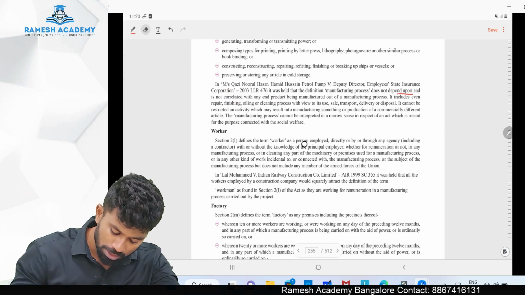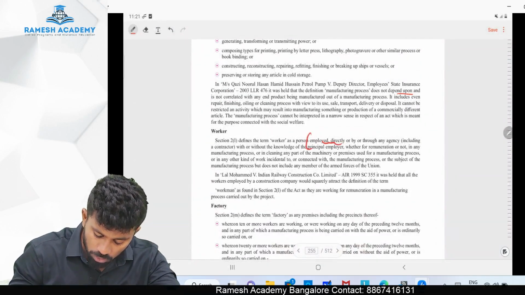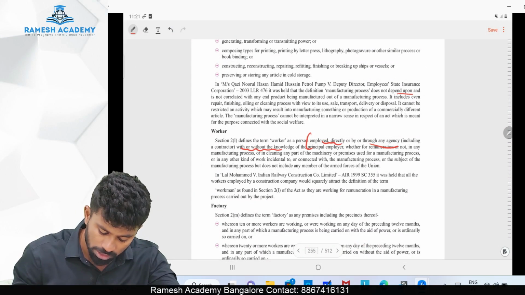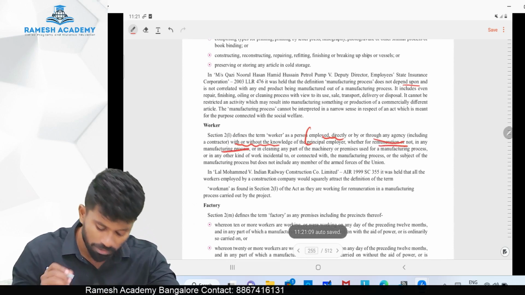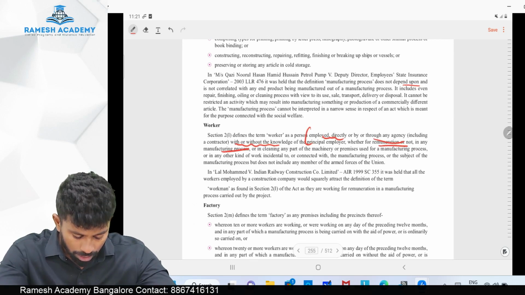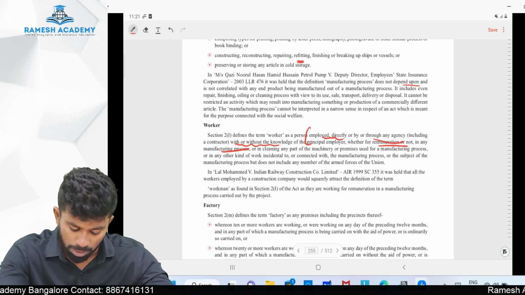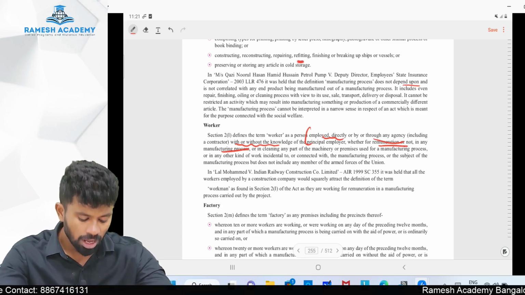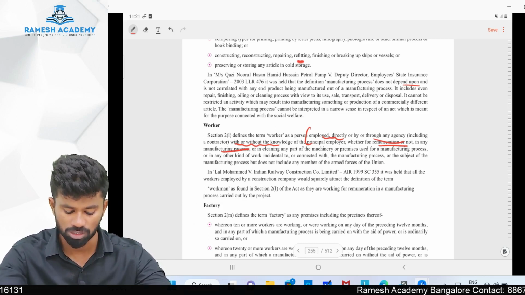Next one, worker, important. Worker means a person who has been employed directly or indirectly, or through an agency, including a contract, with or without the knowledge of the principal employer, whether for remuneration or not, in any manufacturing process. That is why this manufacturing process is important. Or in cleaning any part of machinery or premises used for manufacturing process, or in any other kind of work incidental to or connected with the manufacturing process,